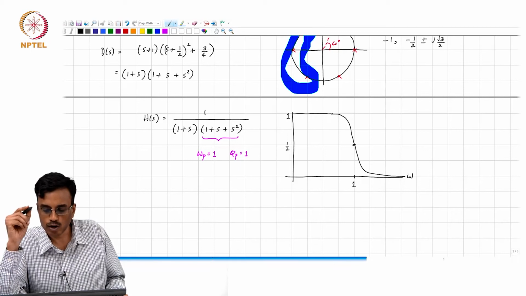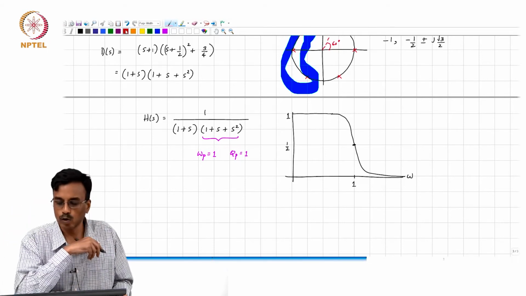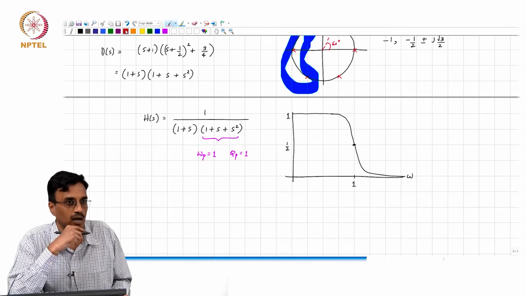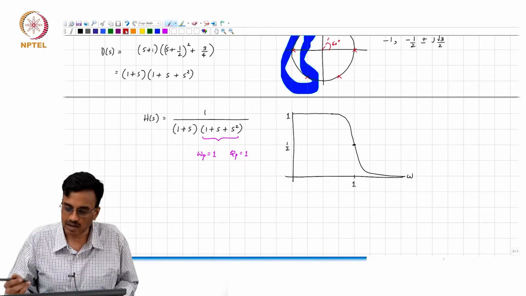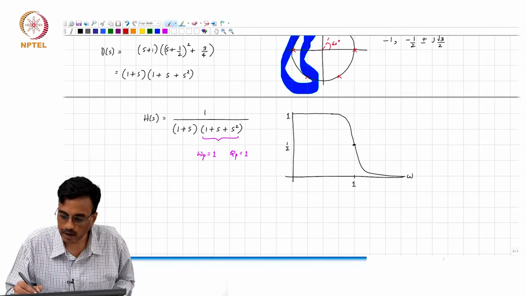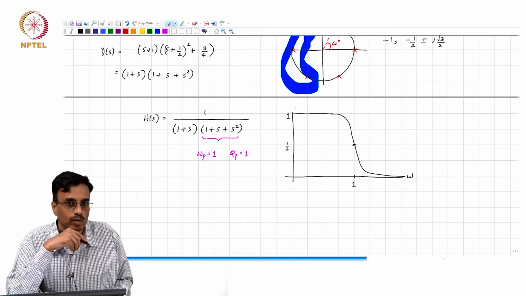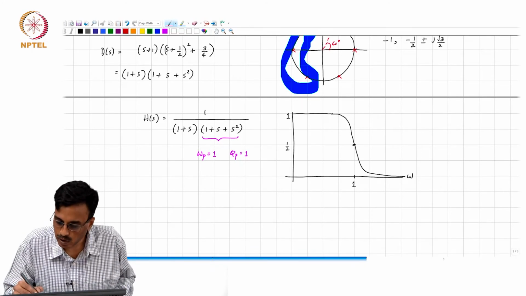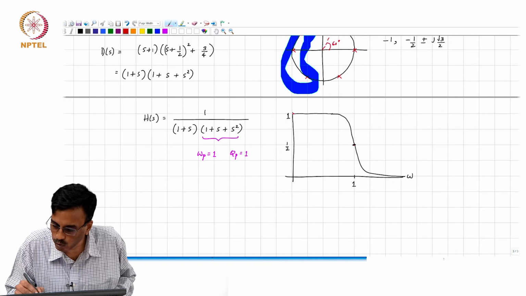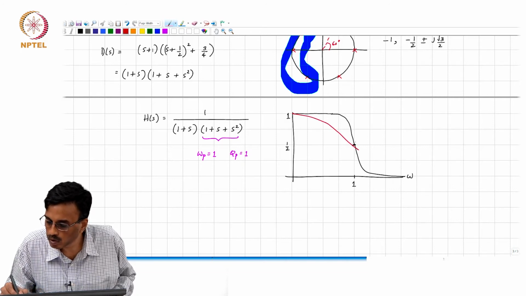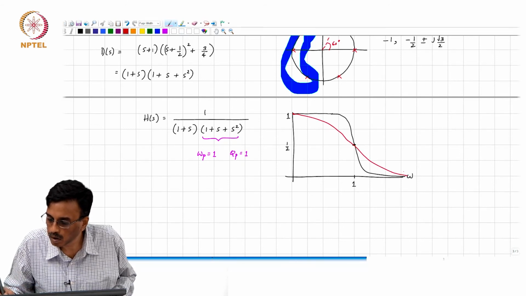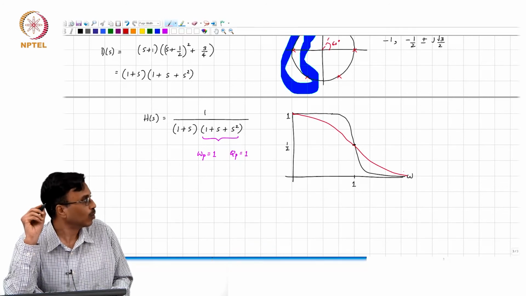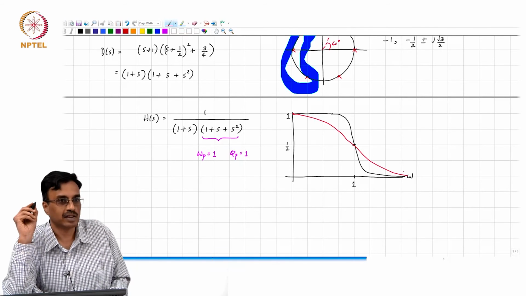So, what comment can you make about the first order response? How does that look? The squared magnitude response of the first order part of that third order transfer function. If you draw that, compared to this black curve, how would it look? Yeah, it will be more gradual. It will start at the same point and then it will also go through, do something like that. What comment can we make about the second order section?